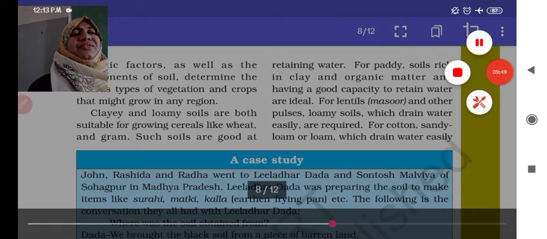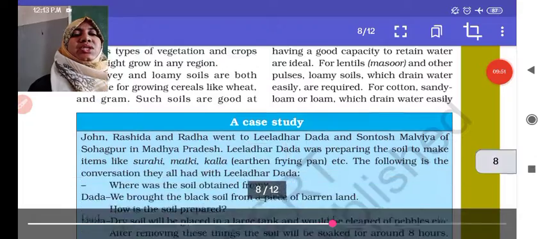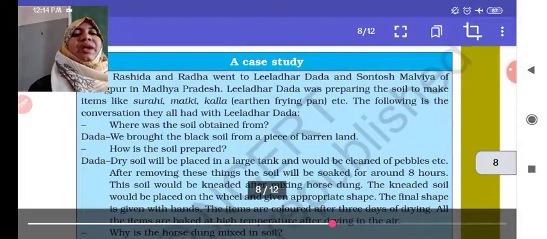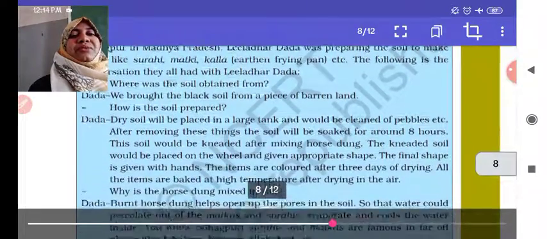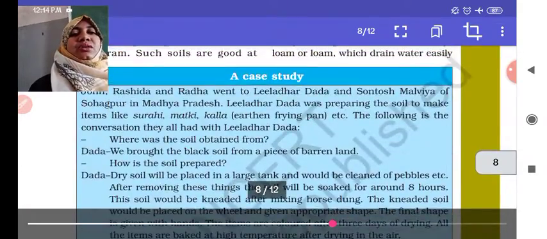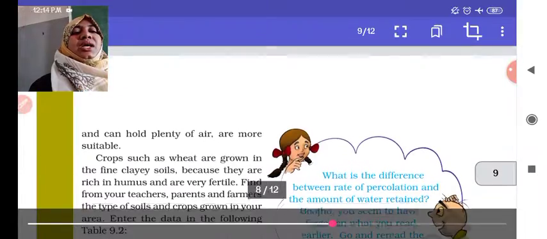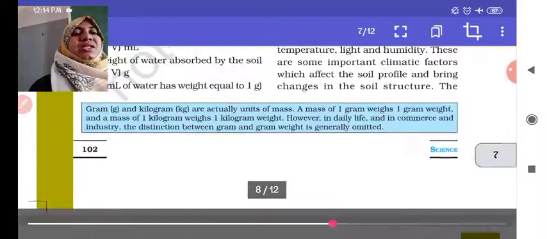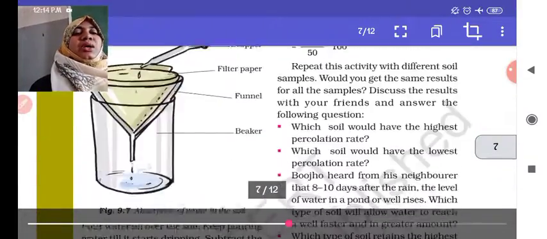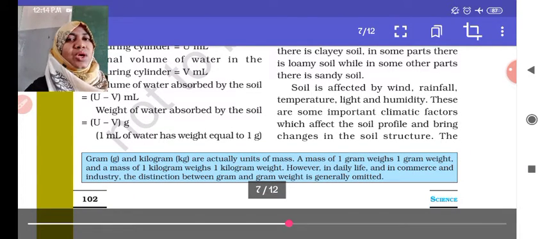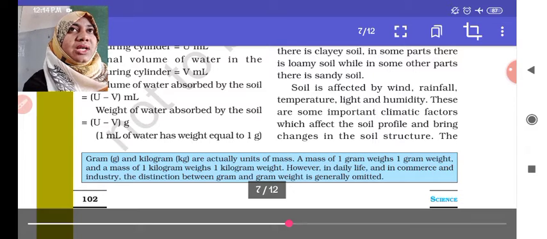So that means in different soil conditions, different plants, different vegetables, different grains require different climatic and atmospheric conditions for the growth of the crop, even for human beings also. So in today's class we have seen the absorption of water and the activity, then soil and the crop: how different places have different soil, and which kind of soil is good for what kind of vegetation and crops we can grow.